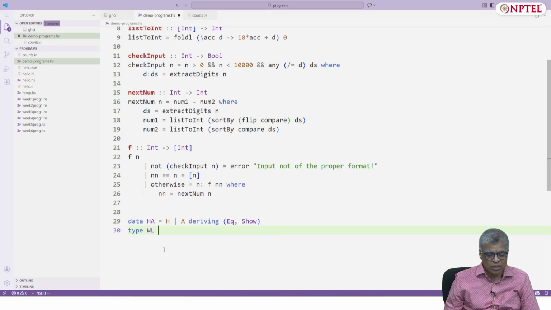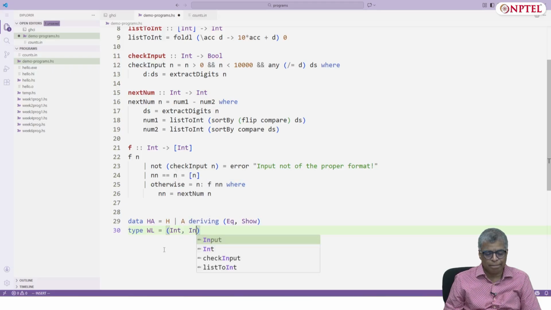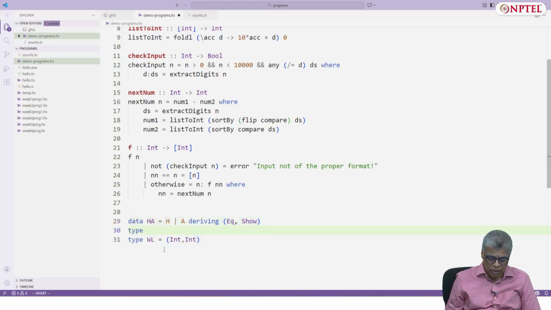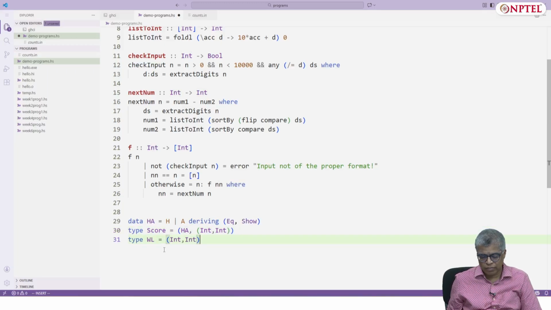Type WinLoss is just Int, comma Int. Yeah, I need to compile win-loss records, but before that I need to say type Score equals nothing but HomeAway, comma a pair of integers. And WinLoss is this.